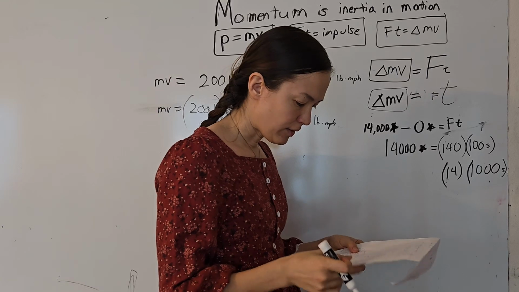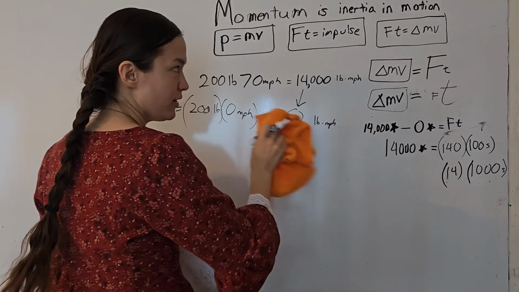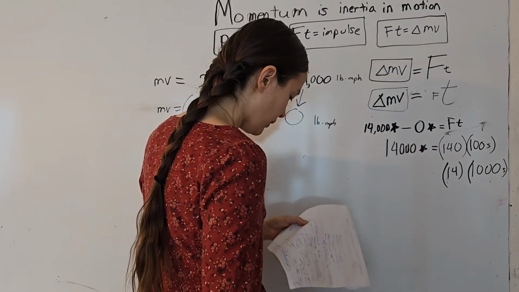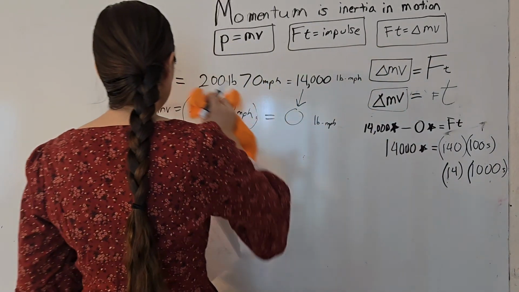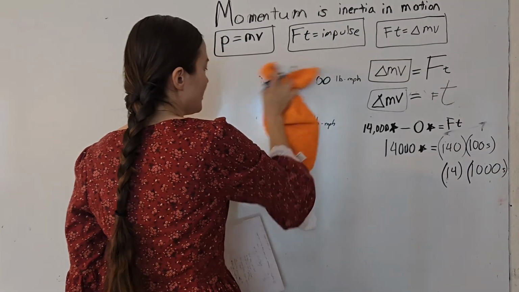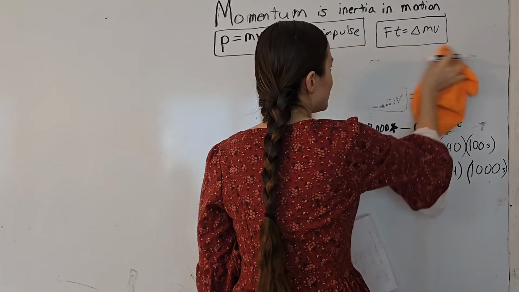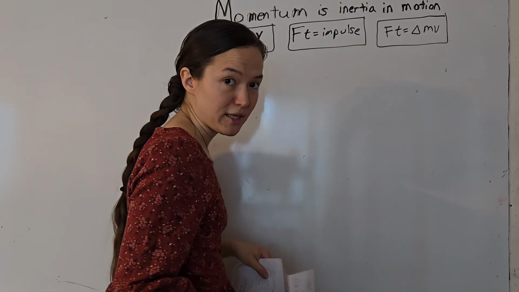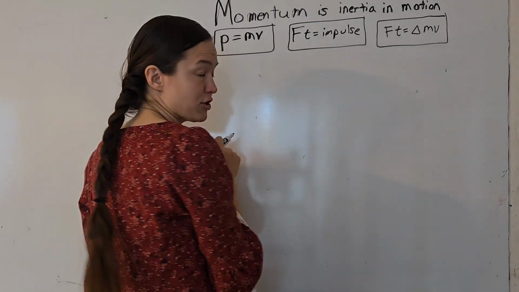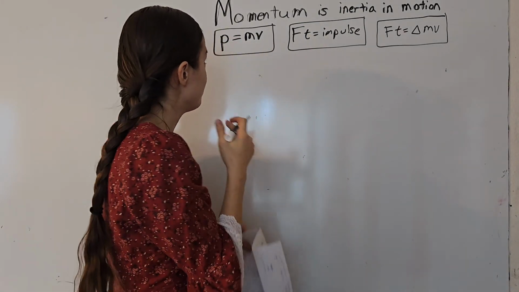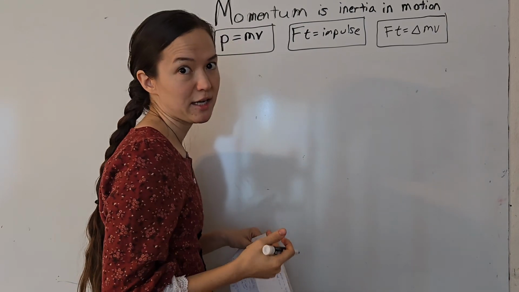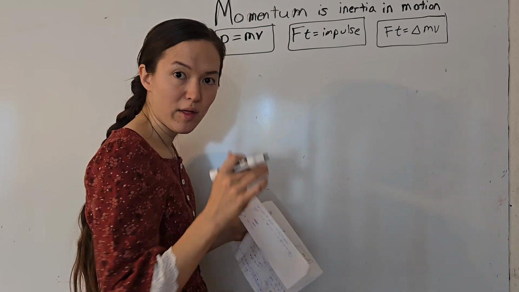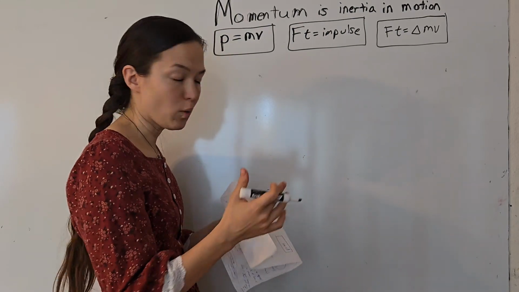Okay, so now we've covered how impulse, the force times the time, is the change in momentum. And now we're going to talk about bouncing balls and things that bounce and the change in their momentum. So remember, momentum is a vector because it has a velocity. It's not your mass times your speed, it's your mass times your velocity. Momentum is a vector, it has a direction. So you say, okay, they've got this many kilogram meters per second in the north direction. The truck is going north. The truck has 1,000 kilogram meters per second north.